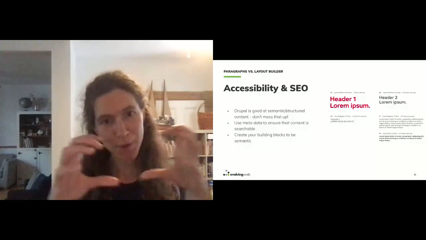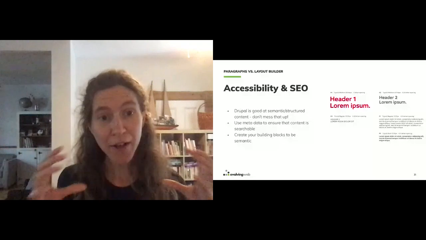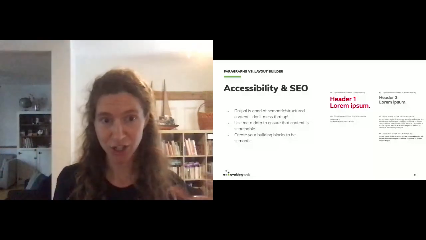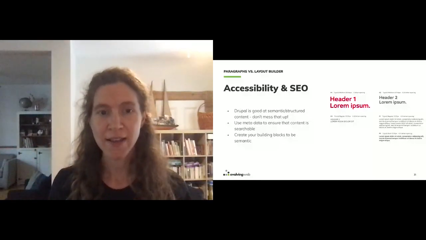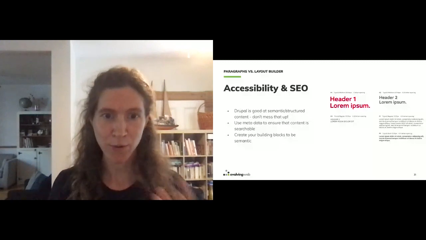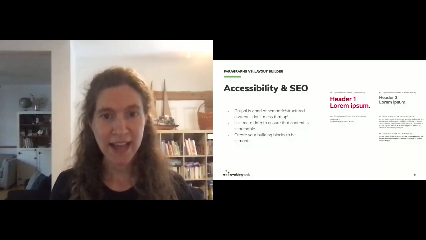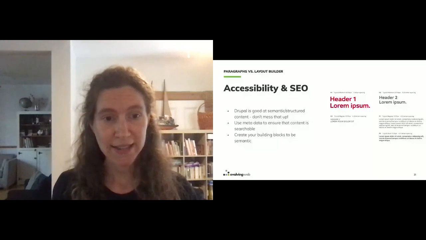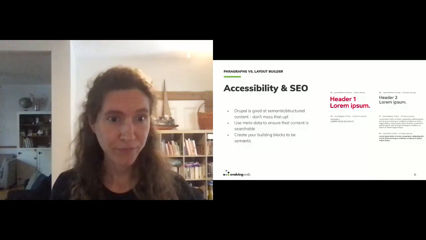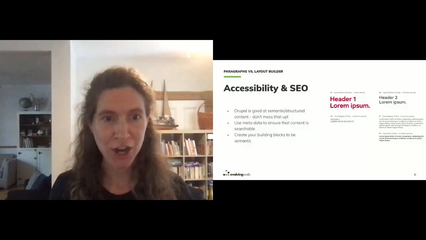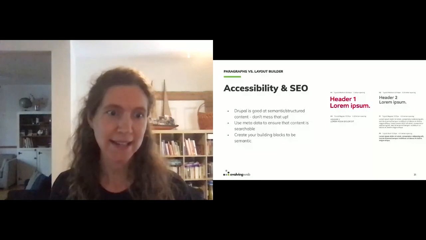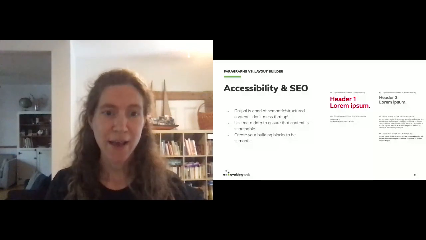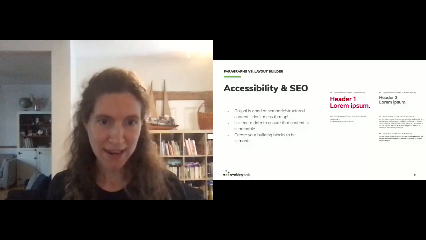So really your content components themselves are structured, so that's good, your paragraph types and block types. So you want to make sure that the way those are displayed and the type of HTML they produce is going to be accessible. And you also want to make sure that your content is still searchable on your site and through Google. So that means making sure you have all the right metadata in place.